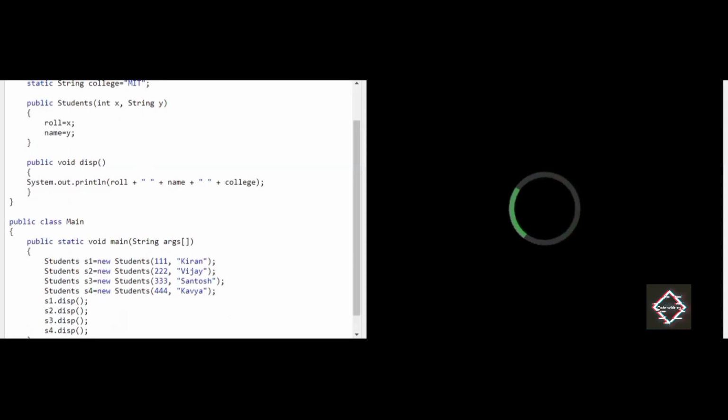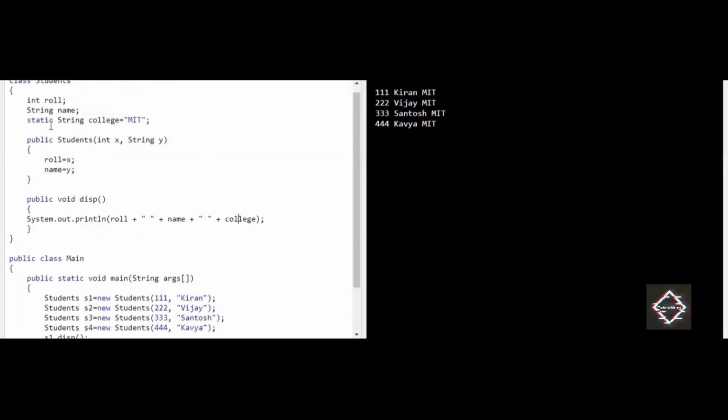When I run the program, let us see what happens here. You can clearly observe the data of another student named Kavya, which has also been displayed with the same college name as MIT. You clearly see, friends, I have not mentioned MIT for Kavya, because in the display function I made use of college, and since college is static, it uses the same value. That is the reason why static is used. Static is used only for constant variables. No matter where this particular variable college is used in this class, the value will be the same as MIT.